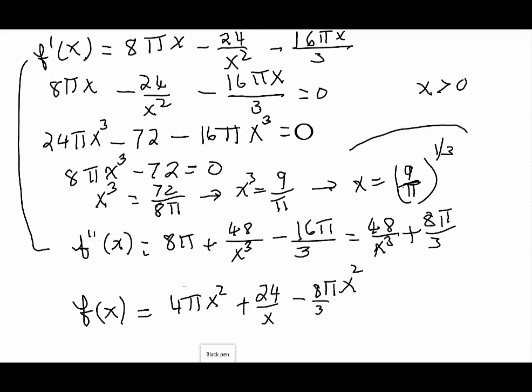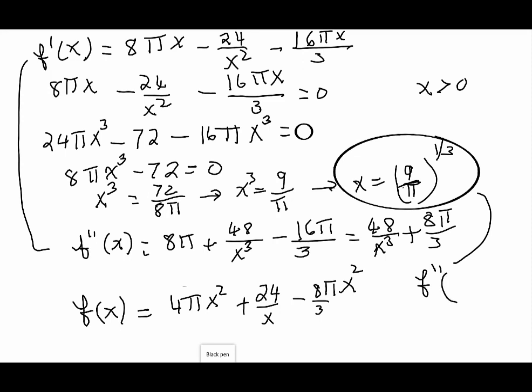Now, for this value of x, what do we see? That f double prime of this quantity, 9 over pi to the power 1/3, if we substitute that in here, will be positive. So when the second derivative is positive, that corresponding critical number is going to give us a minimum. So the minimum is going to occur at the radius equal to 9 over pi to the power